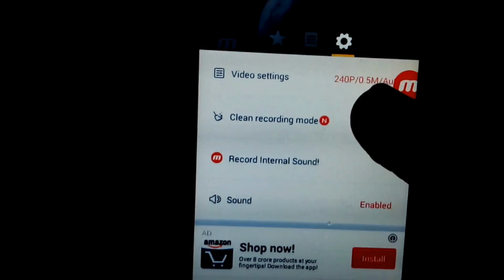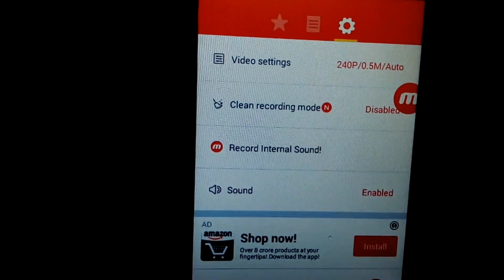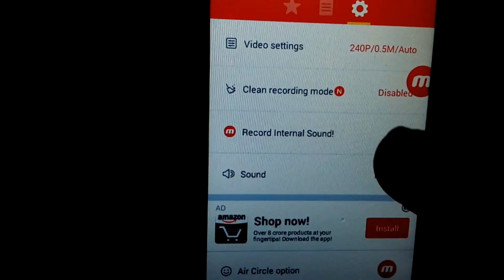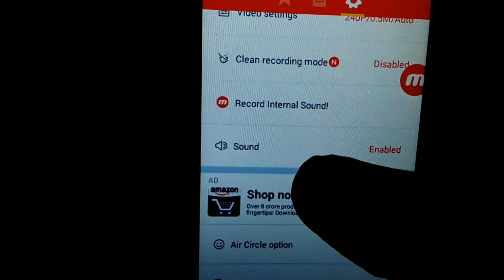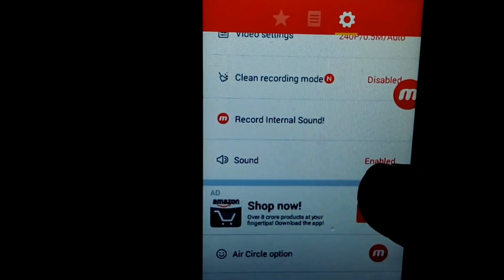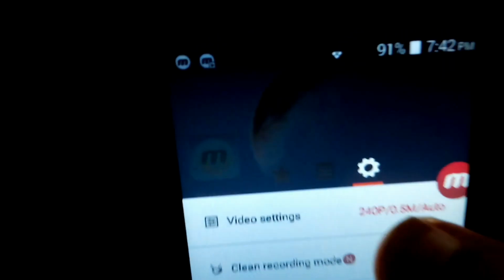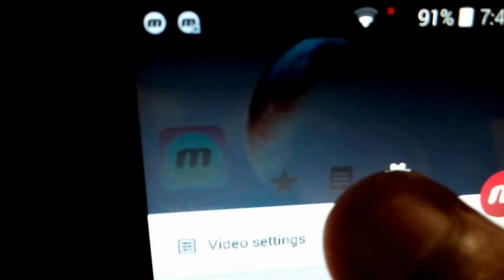If you want to have internal sound while you record, you can turn it on or off. And basically the external sound, the sound that comes from your environment, you can even enable or disable that.